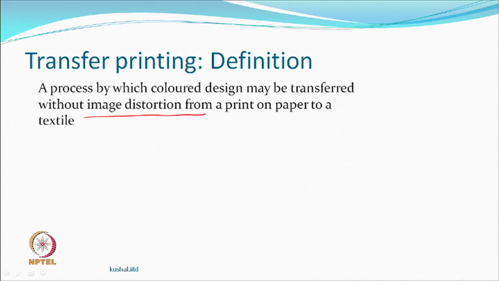Now, when we say without distortion, what it means is that the kind of errors that you were expecting, that you have the 6 color, 7 color system, then you have very sharp lines somewhere else, they overlap, they may smudge one into the other, all those things will not happen, because whatever is supposed to be on the paper, if you like that, then you just transfer. We are obviously hoping that the printing paper is relatively less costly.